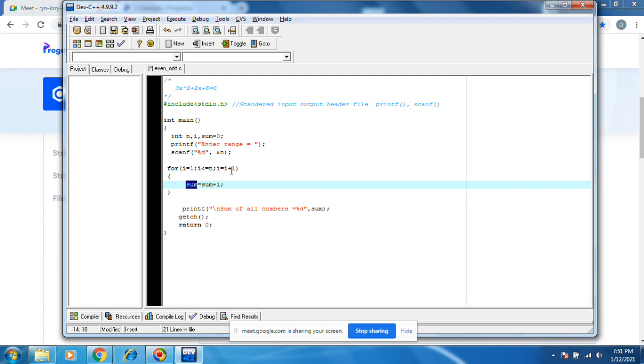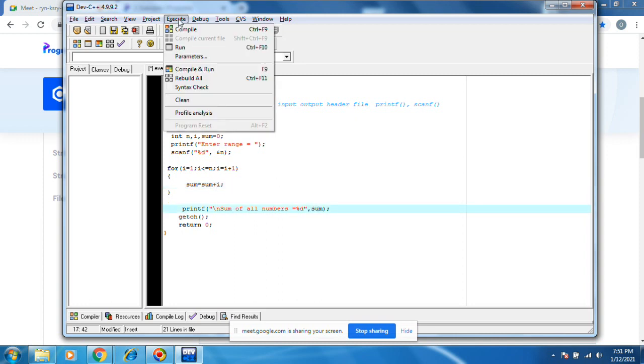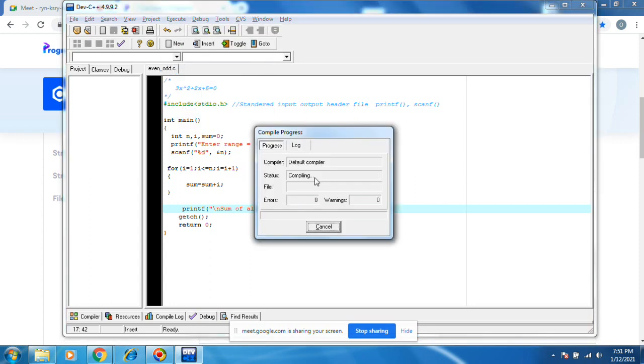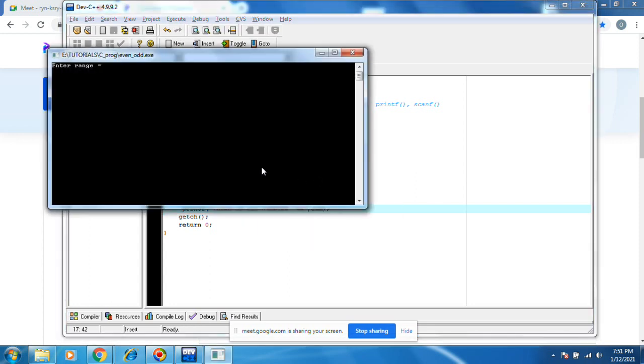Again, the second iteration comes. I equal to I plus 1 means 2. The sum value is 1, plus I which is 2, 1 plus 2 is 3, like that. It will do the sum of all the numbers. And then finally, the result of the sum will come here. Execute, compile and run. Suppose 15. The sum of the first 15 numbers is 120. 1 plus 2 plus 3 plus 4 plus and so on up to 15. All the numbers sum equal to 120.